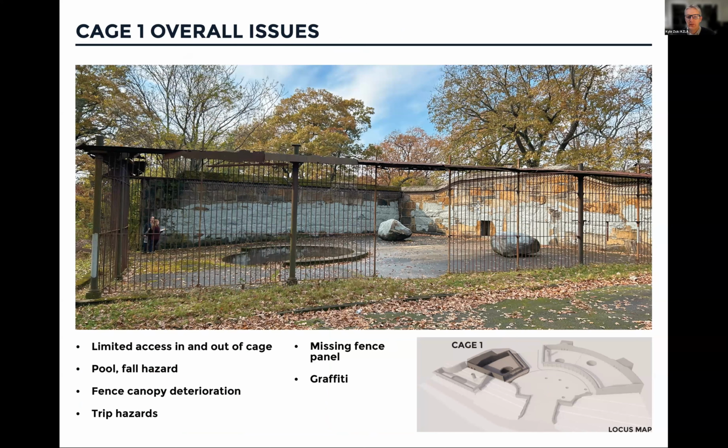So there are a few different things that we're concerned about specific to this cage. You can see that most of the fence panels are intact, but there's one removed here, there's a partial one over here, and over in this other corner. One concern is an impression of safety, or the fact that you could get trapped. If you were to walk in here and someone were to block this opening, you'd feel like you couldn't get out. So that's something we want to talk about and see if that is a concern, because we could potentially remove some panels to open it up more, but still have enough here to give the impression of the historic cage.